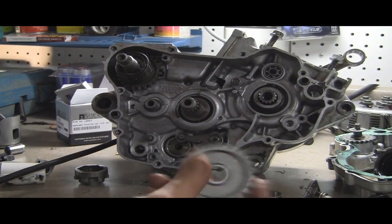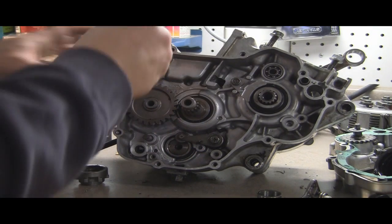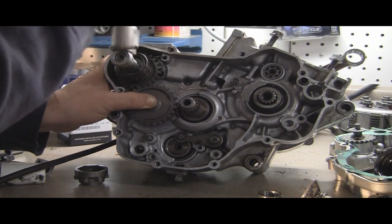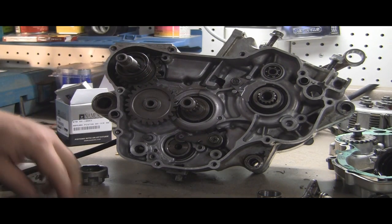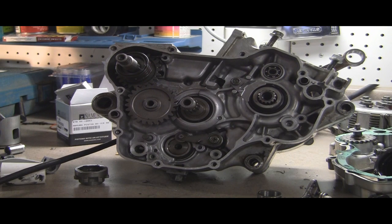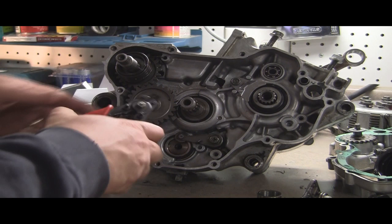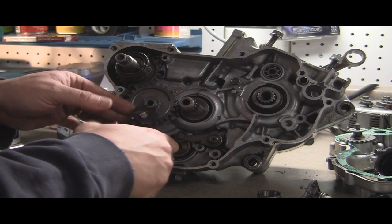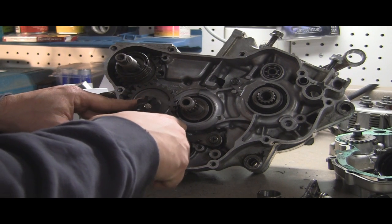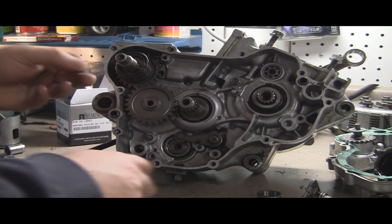Next thing we'll do is put this gear back on. And actually that engages, you'll see, it's not engaged until you get about a quarter of the way down. And we'll go ahead and put the little C-clamp back on, or the ring here, snap ring, is actually what it's called. I don't know why I keep on calling it a C-clamp. It's a good idea to get new ones of those. I had one new one, but if you don't get new ones, they could be a little loose. I only had one, there's two, and I should probably definitely get another new one because they kind of stretch,